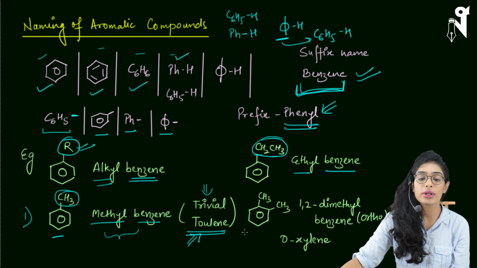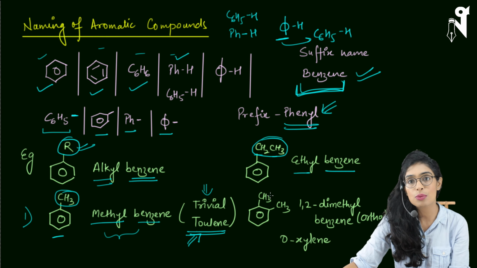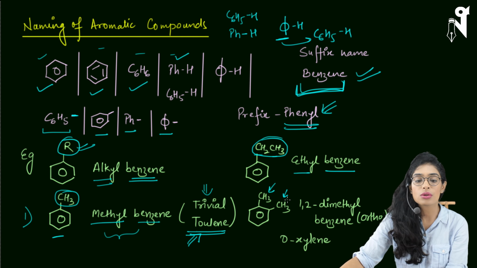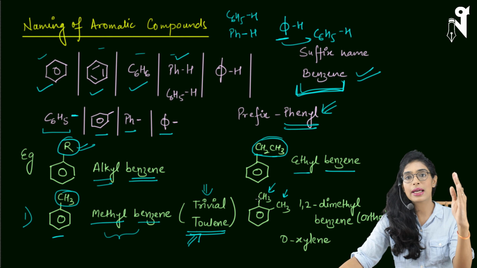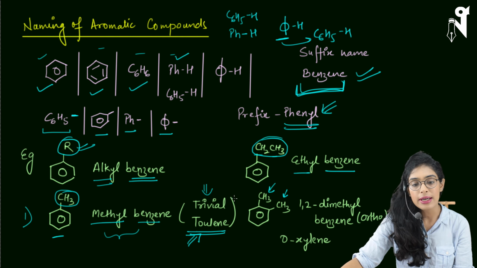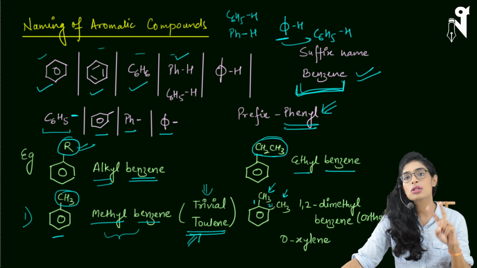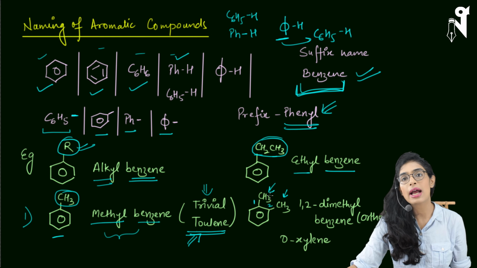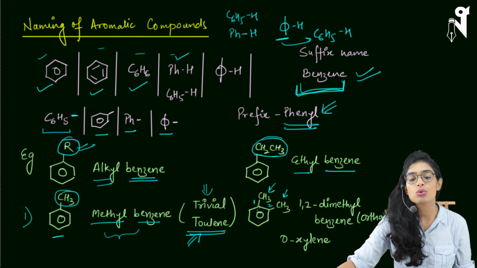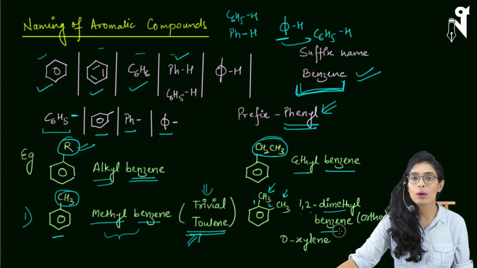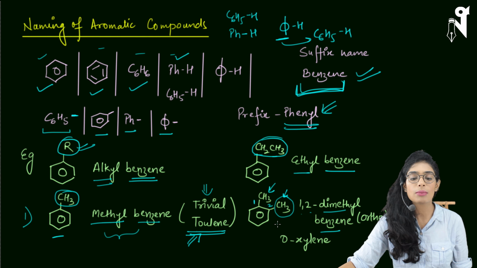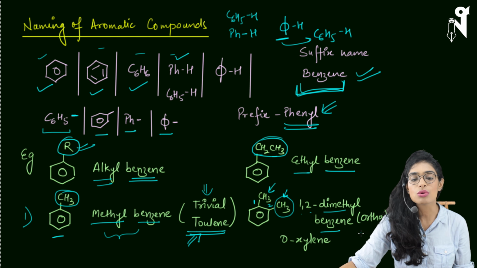Next, we can take one more example where the R groups are present at multiple places. So I have one CH3 present over here, one CH3 present over here. These two CH3s are present side by side, and if I mark this as position 1, this is position 2. So on positions 1, 2, you have two methyl groups present. And as I mentioned, the R group is going to act as a prefix. So the name will be 1,2-dimethyl benzene. Let me tell you a little more about the placement of this CH3 at multiple other places, and then I'll talk about the common name and the other terms we can use for the same compound.